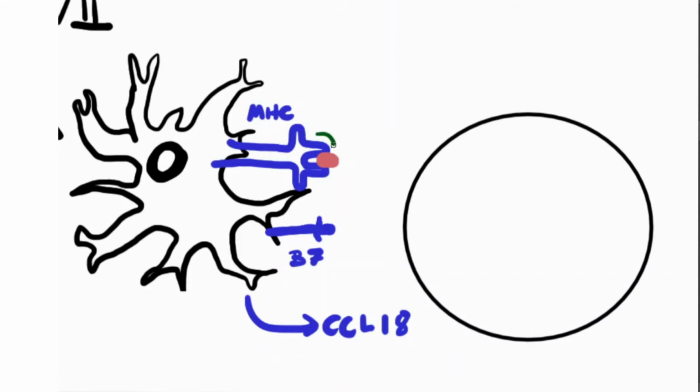So it will bind to both the MHC molecule and the peptide. It's called a TCR, T cell receptor, and it actually consists of several different subunits. So you have the CD3, which does the signaling, and the alpha and beta, kind of looking like a B cell receptor. They are in the same family, but